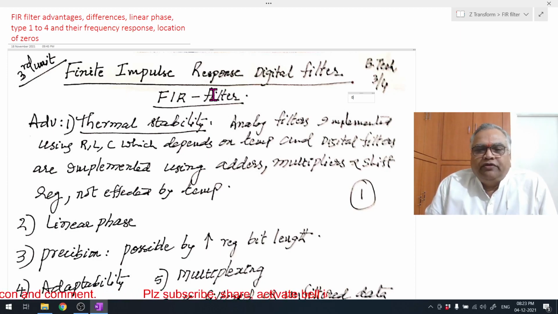So there are different types of filters. Active filter, passive filter. Active filter means not only does it pass, it will amplify the signal. A passive filter just passes the signal. Using RLC, we design only passive filters. If we use a transistor or op amp, we can design an active filter.